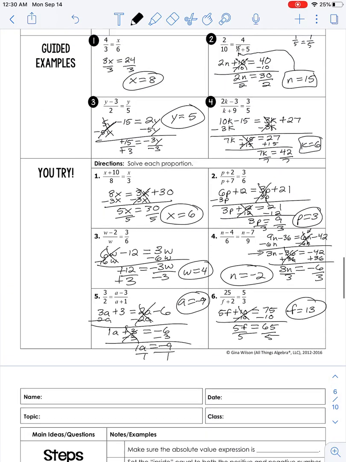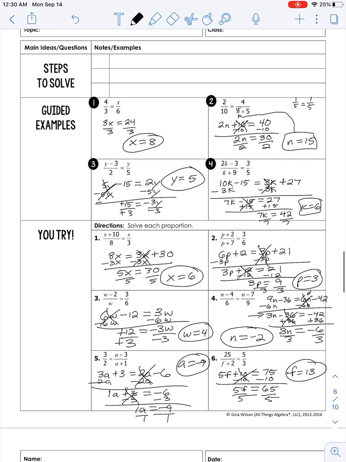Okay, there it is at a glance. All the problems that we just worked. All right, so that is multi-step cross multiplying. All right, hopefully that helps you guys out. Remember, you can refer back to this video while you're doing